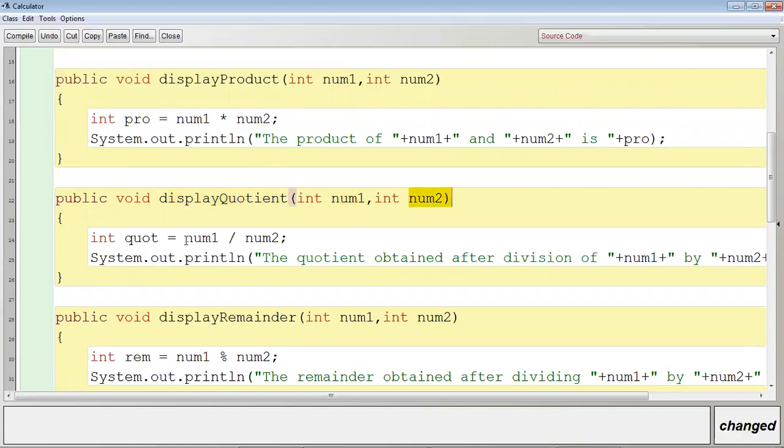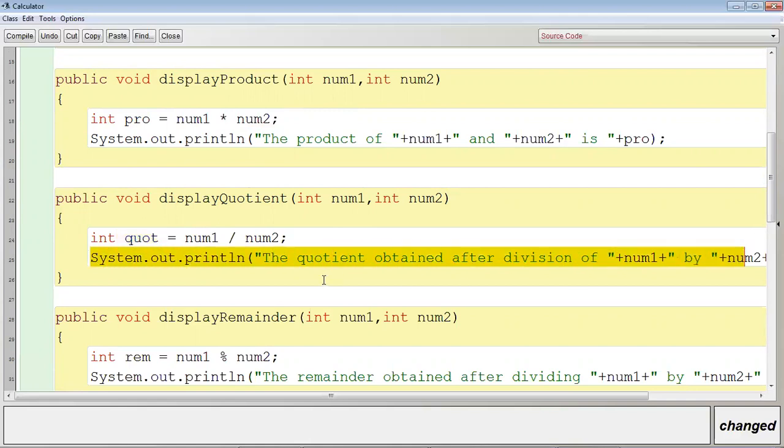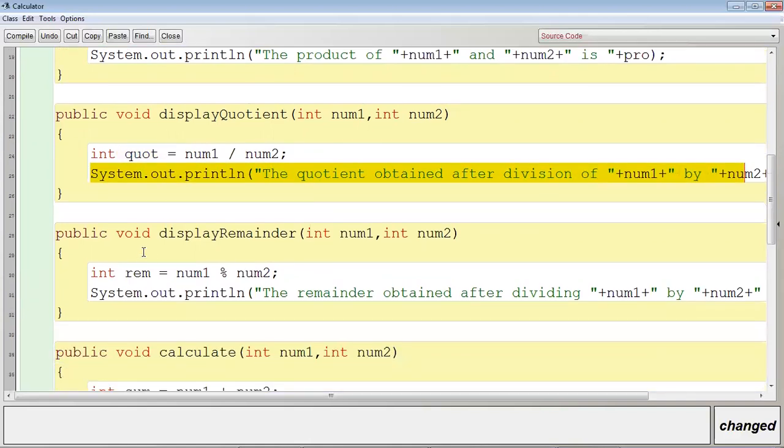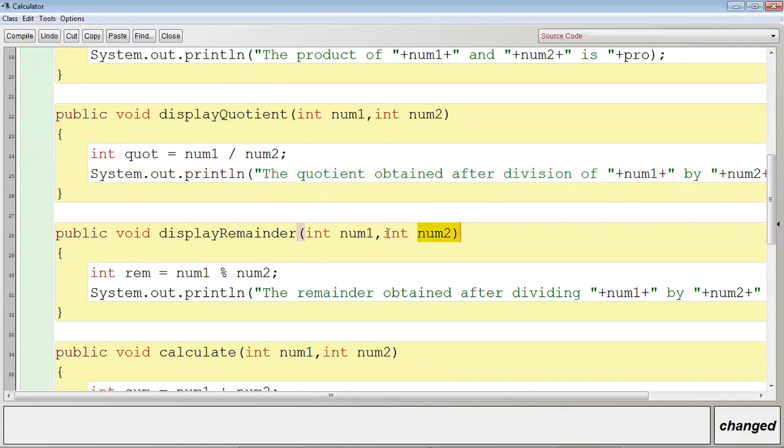So num1 is getting divided by the value of num2 and the result is getting stored in quote and it is getting displayed. Clear? And then display remainder is again taking two values through num1 and num2, and then num1 is getting divided by num2 and the remainder is getting stored in rem and displayed.